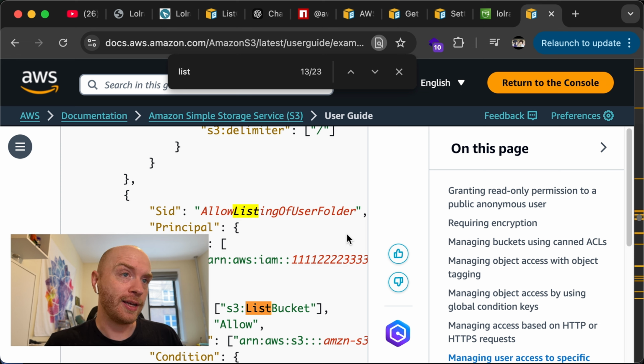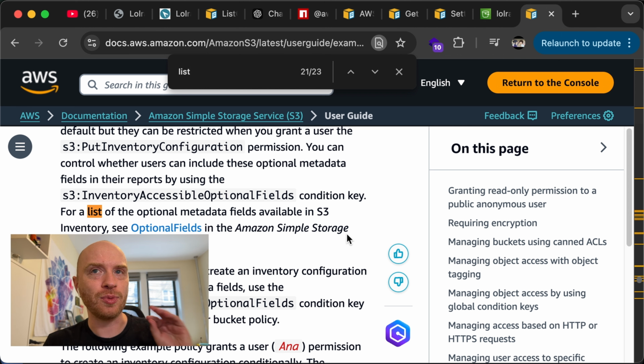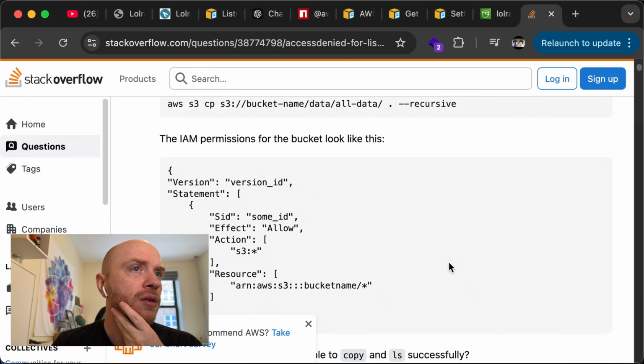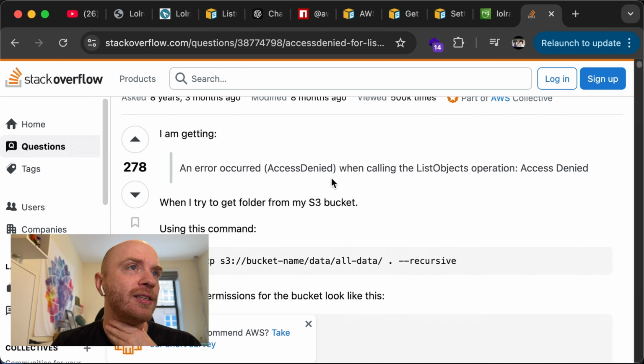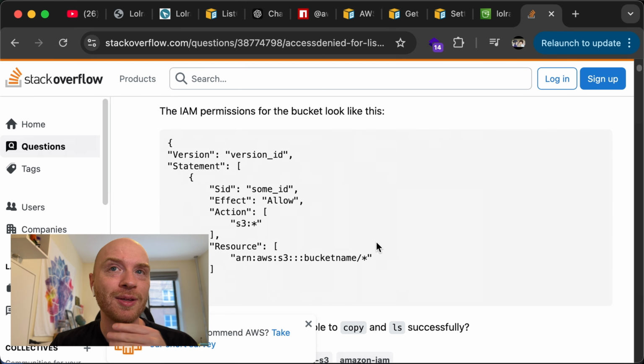Well, I don't want to list bucket. That would allow them to list. I want to list within one bucket. Okay, this is good. This looks like what I need, but this is a question, so that means there's probably an issue with this. So let's look at the answers.